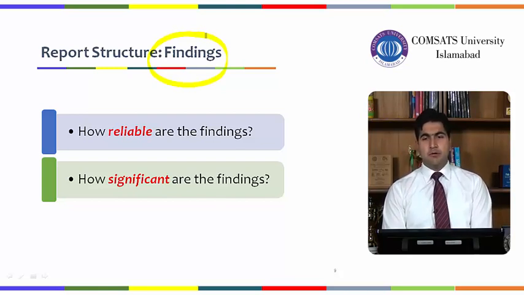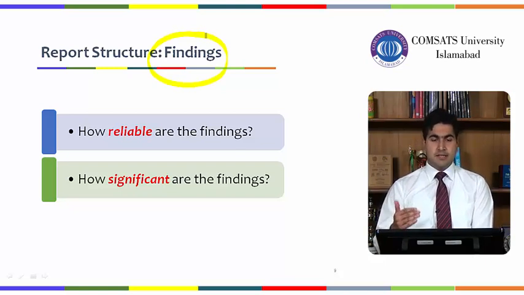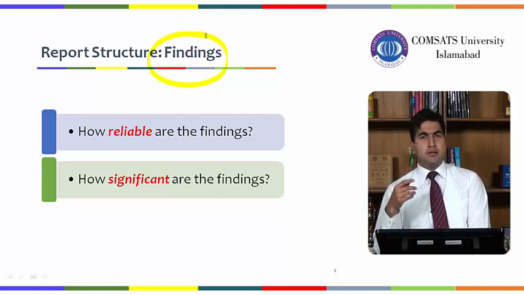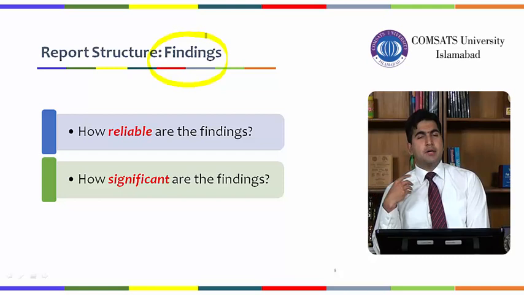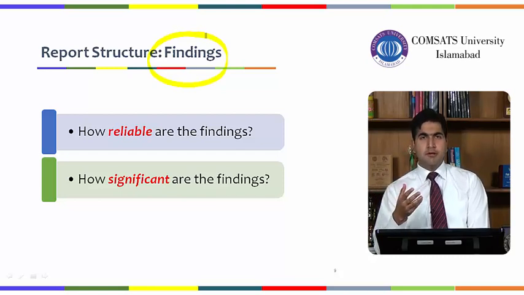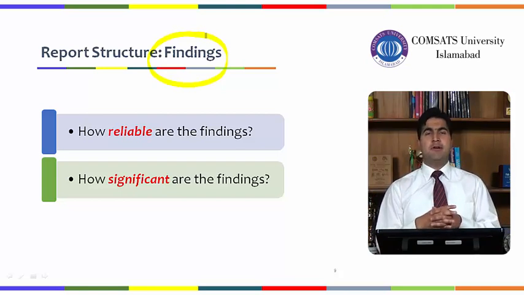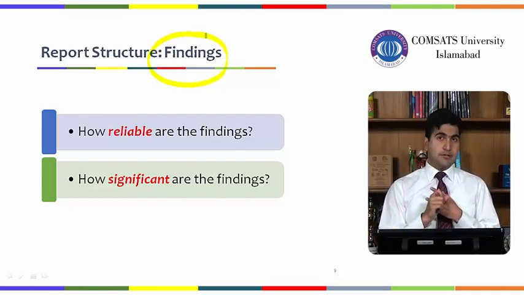So that means that you are going to mention all these things within the findings. And then overall you have to make it in a numerical form. You have to reflect it in a quantifiable form. So you can either make a pie chart, you can make a graph, you can make a histogram. The point is you try to reflect it in a graphical form as well, so that the technical readers, the